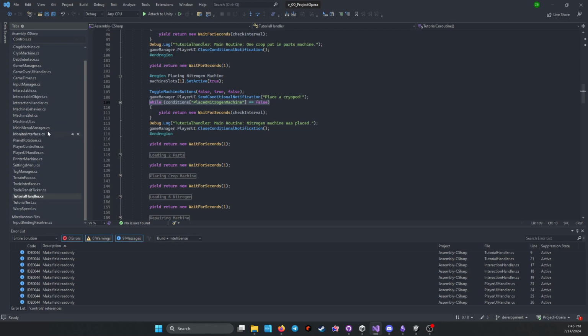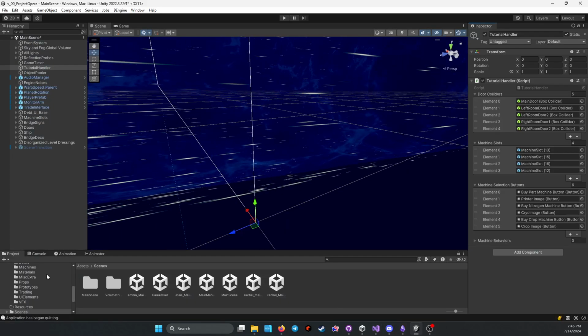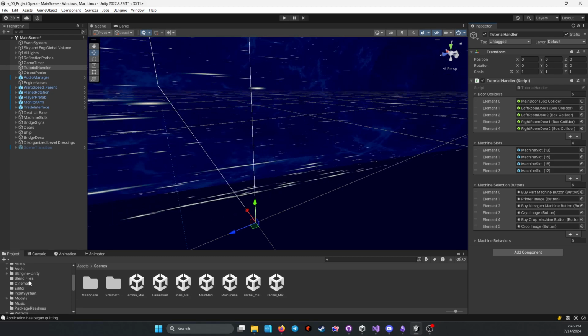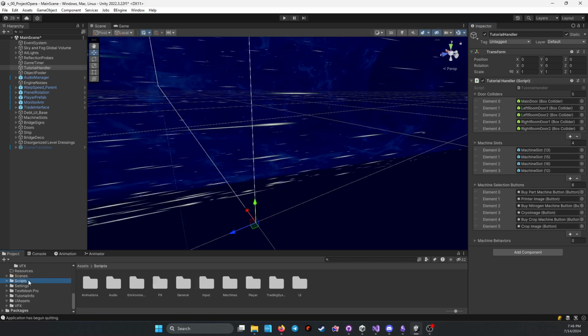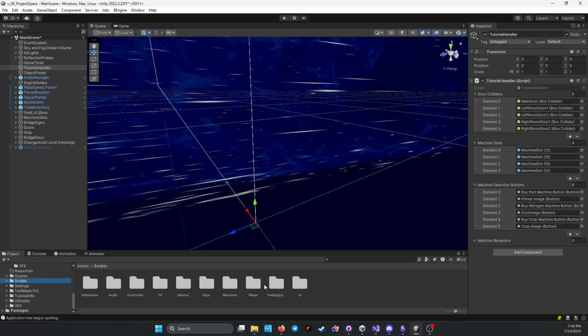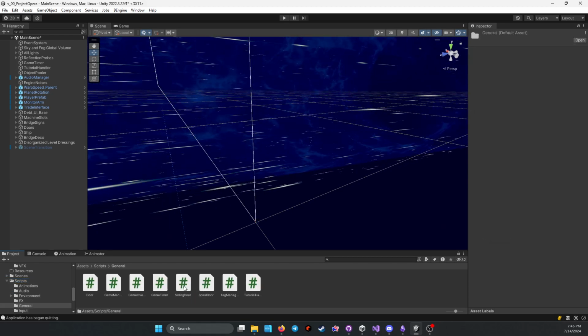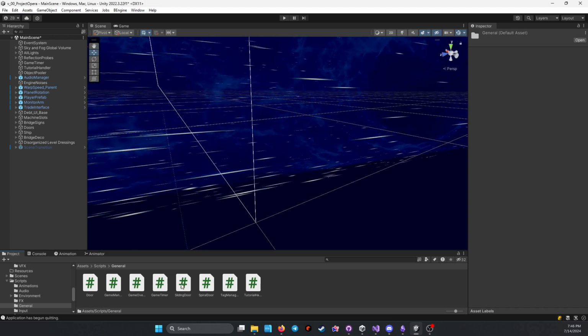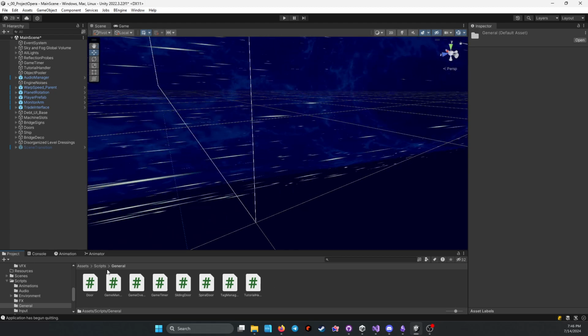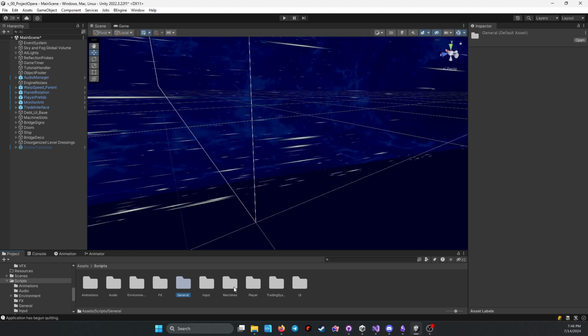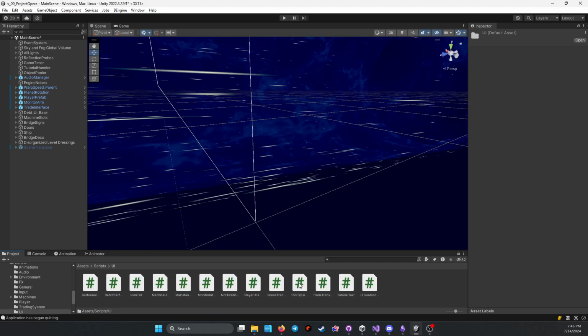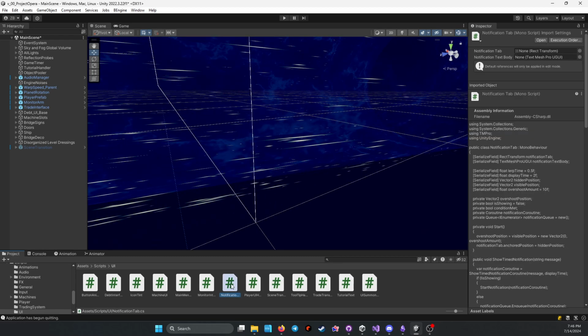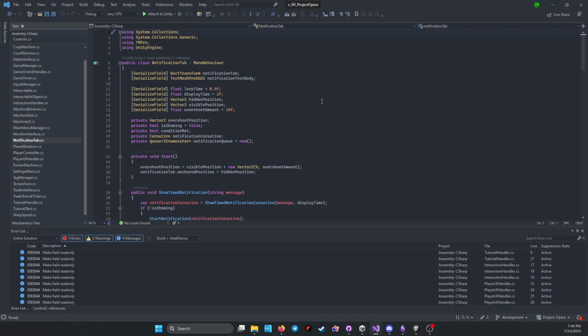So the last thing that I wanted to show you was maybe the notification system. I don't think I have it pulled up here. This is a little bit outside of what I wanted to talk about, but it is closely related to the rest of this. Okay. So this notification tab,